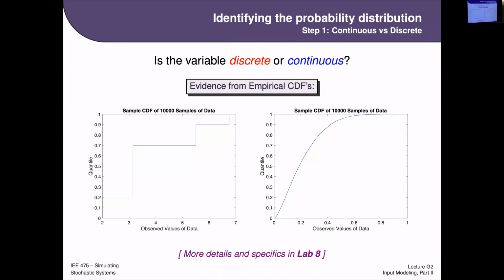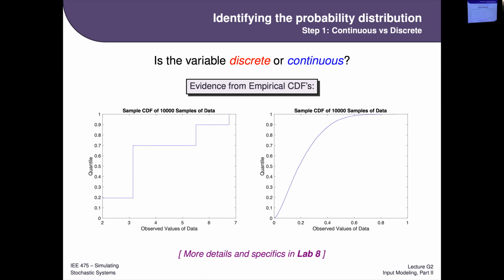So all I'm doing is I've taken all my data points and sorted them from lowest to highest. And then for every data point, I've plotted them against their ranking in the list. And so outcome 2 very quickly climbs to 20%. And then we're over at outcome 3, which climbs to 70%. Then we're at the outcome between 5 and 6, it climbs to 90% and so on. So these stair steps in the sample CDF tell me it's probably discrete. I just get these vertical rises with these flat plateaus,